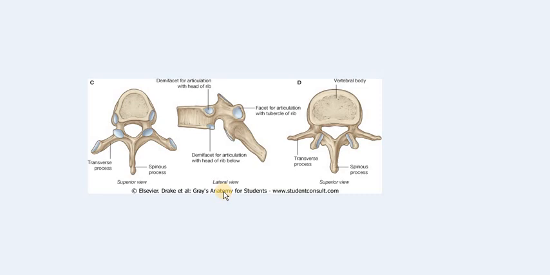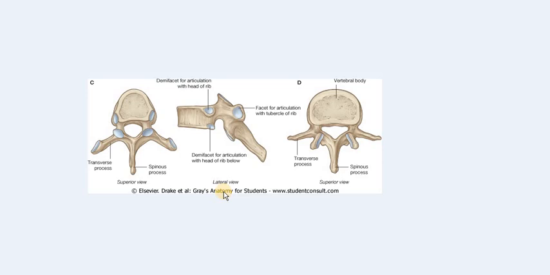The superior costal facet is complete, and it articulates with the head of the first rib. And the inferior costal facet is a demifacet for the second rib. So the superior costal facet is complete, unlike the other typical vertebrae where there is a demifacet. Superior facet is a demifacet, but in the first thoracic vertebra the superior costal facet is complete, and the inferior costal facet is a demifacet for the second rib.